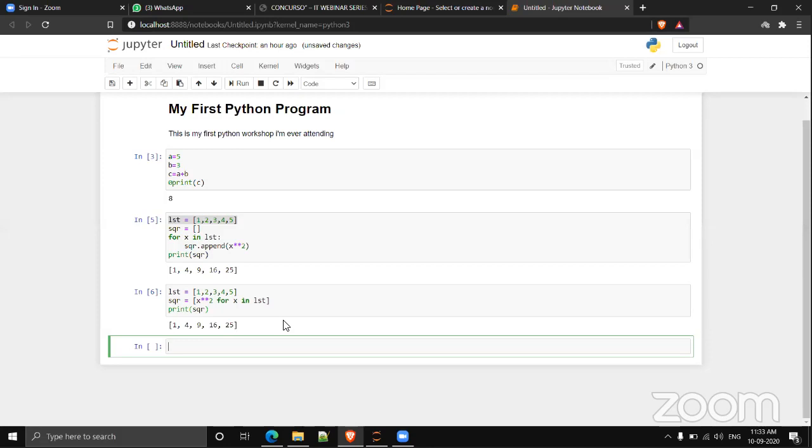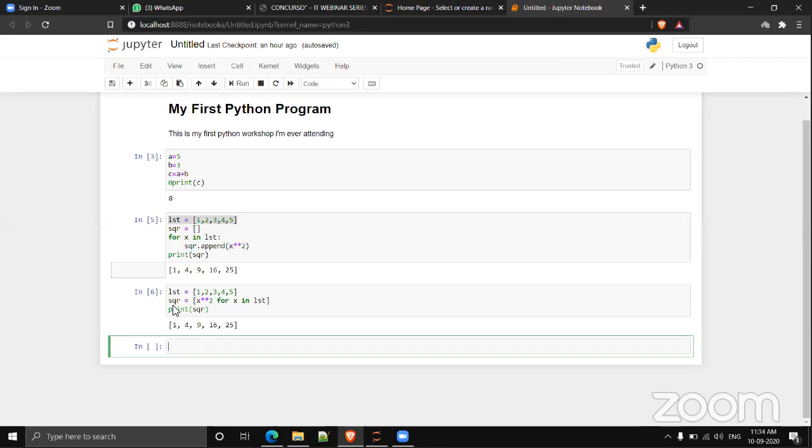And again, I am adding some more constraints to this question. Suppose I want to get the squares of odd numbers in the parent list. In the new list, I only want the squares of odd numbers in the parent list.